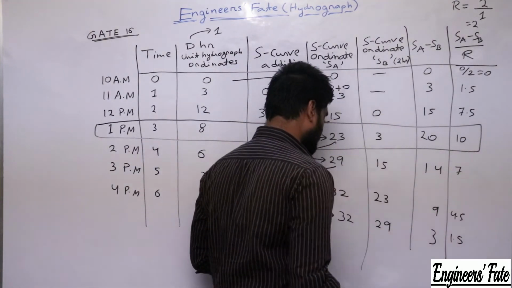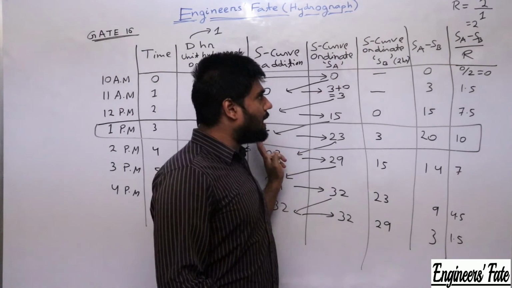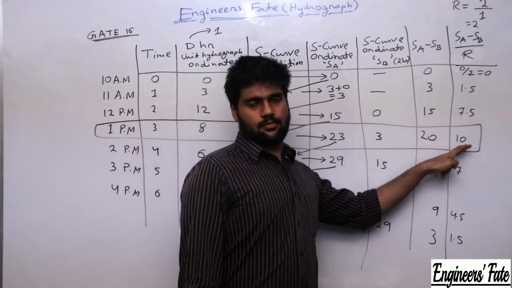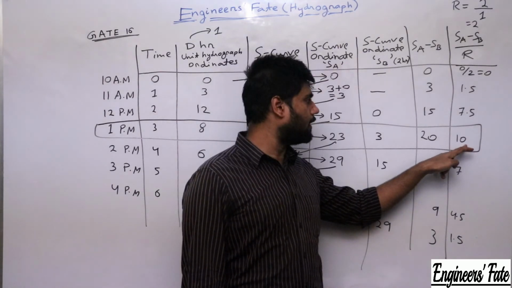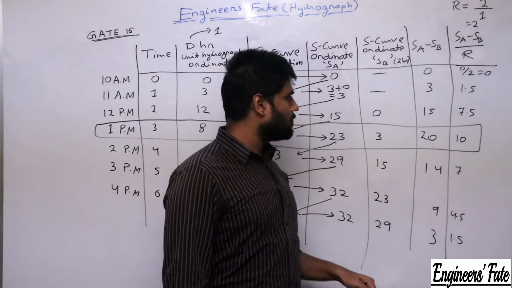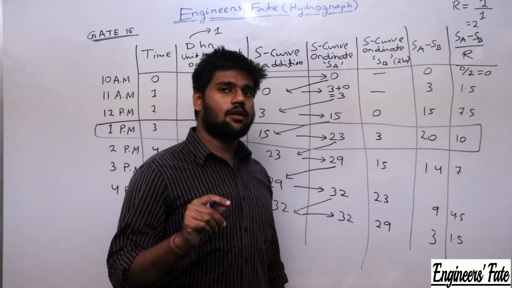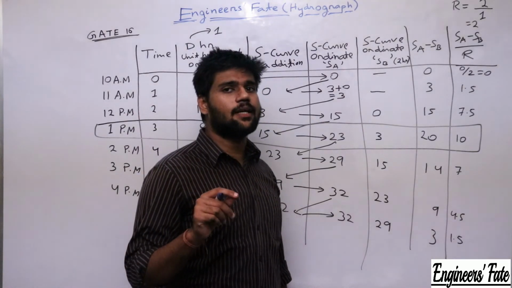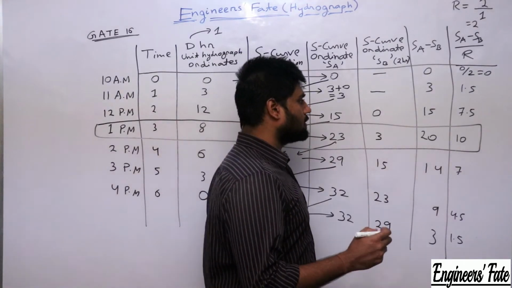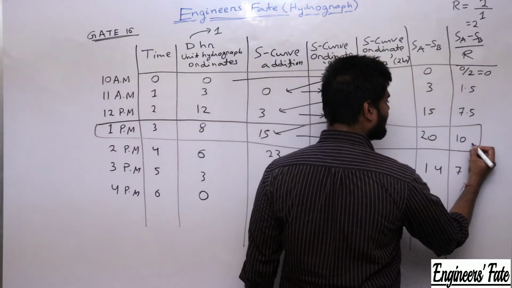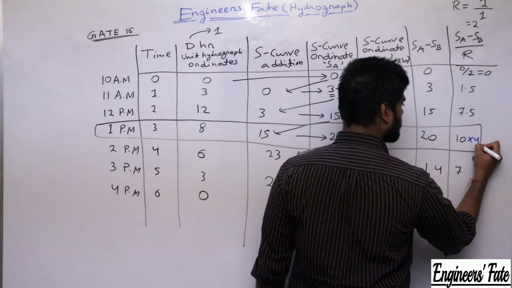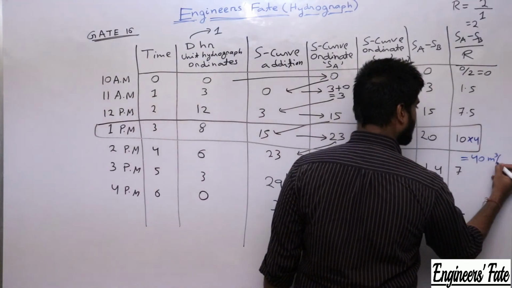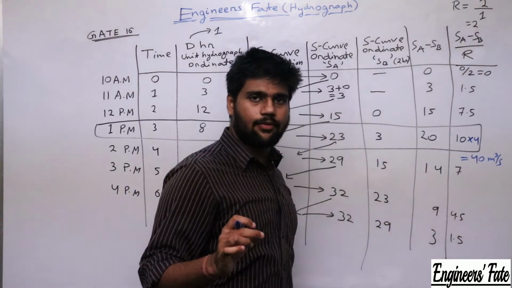Corresponding to 1 p.m., I have found the 2-hour unit hydrograph ordinate as 10 meter cube per second. And in the question, for the direct runoff hydrograph, the 4 centimeter excess rainfall is given. Simply if I multiply this 10 into 4, that will be 40 meter cube per second for the direct runoff hydrograph